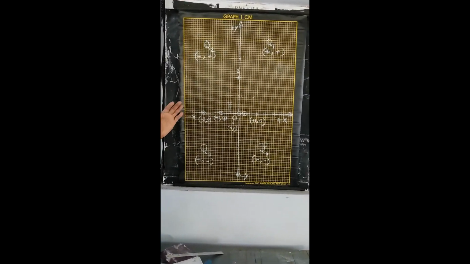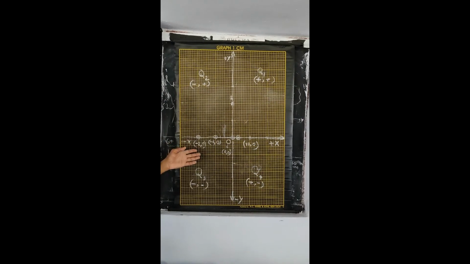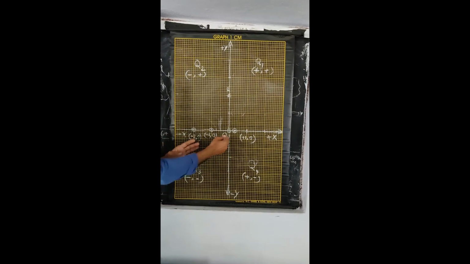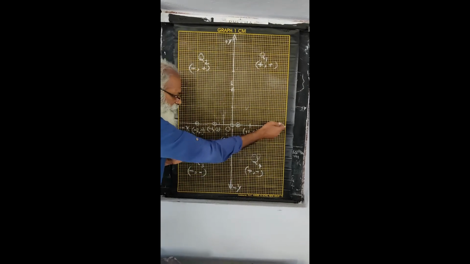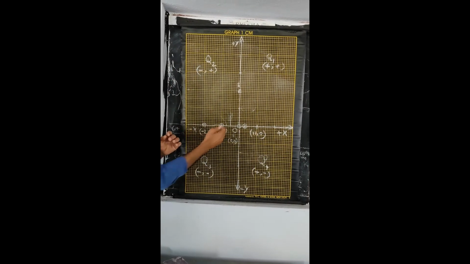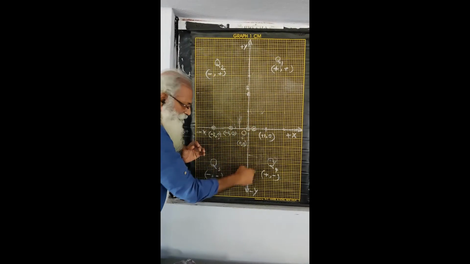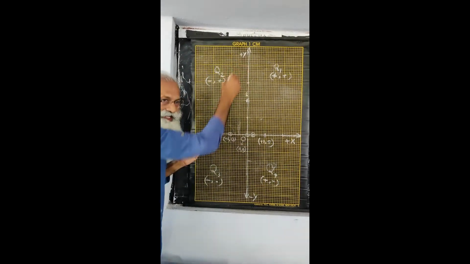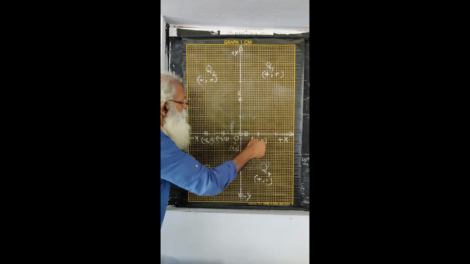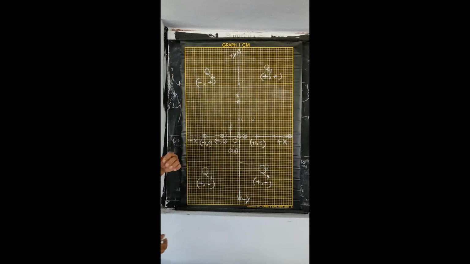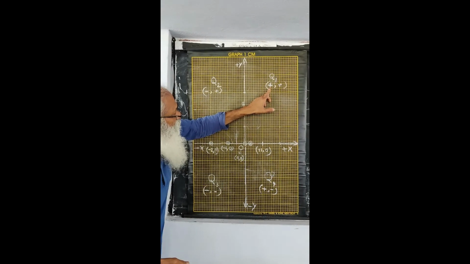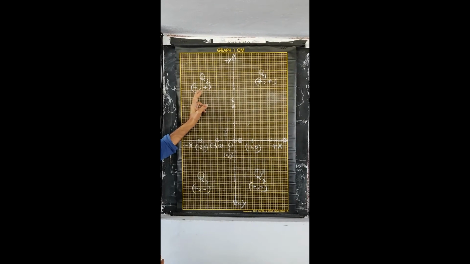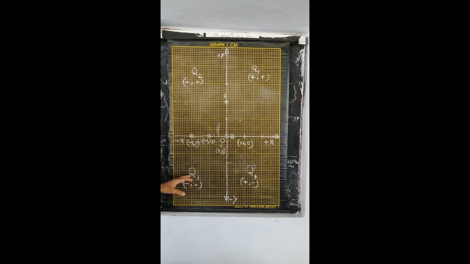Okay, now let us summarize what we have learned about quadrants, x-axis, y-axis, positive x-axis, negative x-axis, positive y-axis, negative y-axis, origin, then coordinates of the points on the x-axis, positive x-axis, negative x-axis, coordinates of the points on the positive y-axis, negative y-axis, and then what is the equation of x-axis, what is the equation of y-axis, what is the equation parallel to x-axis, what is the equation parallel to y-axis, and in quadrant 1, what are the x and y coordinates, how are the coordinates of the points, x coordinate and y coordinate in the second quadrant, in the third quadrant, in the fourth quadrant.